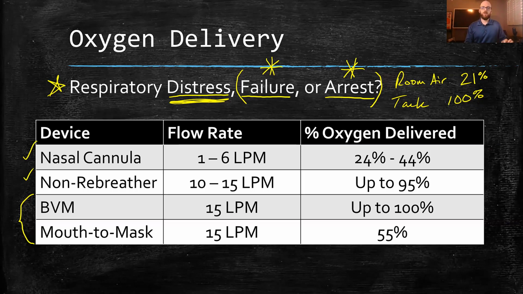Right, so in mouth to mask, we're using our lungs and our diaphragm to provide the strength behind the breath. And then we're using the 100% oxygen from the oxygen tank to really help provide a good, high quality, high concentration of oxygen. So good numbers and good percentages. There's other ones. There's simple rebreathers and partial rebreathers. There's Venturi masks that have adapters, and all of those just manipulate just how much oxygen do we want our